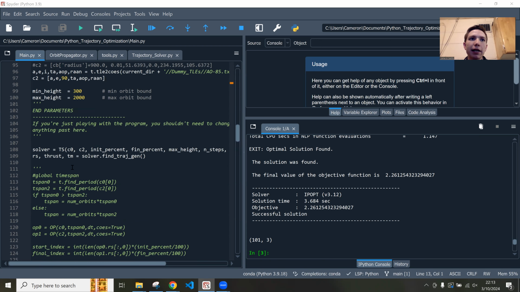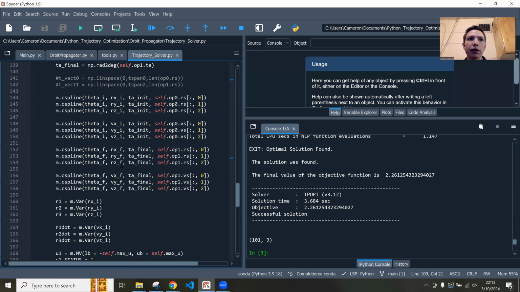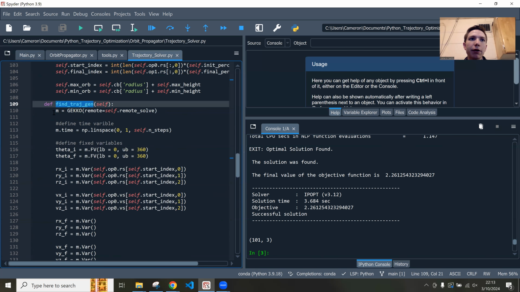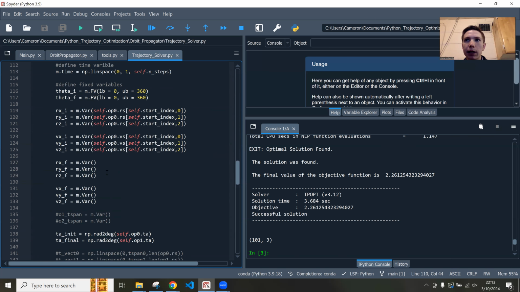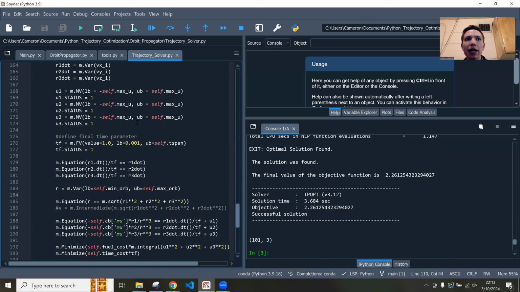Essentially, what it does is it uses this Gecko library. This is all commented out because it's in a class now. I should go to the class. But inside this Gecko, you define this Gecko solver. And if you're doing this, you have to download it, pip install Gecko. Pretty easy if you have it all set up. But basically, what you have to do is go and define all the dynamics of the system. So from all the parameters we pass to it, we give it a bunch of stuff that gives it the initial conditions, and then those initial conditions and maximum thrusts and bounds on the problem basically are turned into a